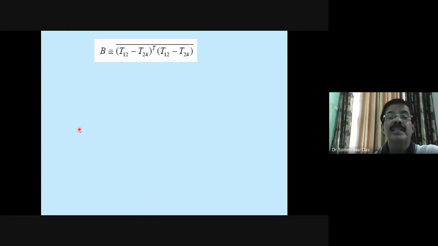Okay, so this is the definition of the background error. B is approximately equal to the transpose matrix of the difference in the forecast between 12 and 24 hours, times the same matrix, T12 minus T24. So what does this mean? This 12 and 24 are the forecast hours valid at the same time. Suppose you are computing the background error starting at 00 UTC today. Then what you will do is take the forecast of the previous 24 hours, starting from yesterday's 00 GMT, valid at today's 00 GMT.